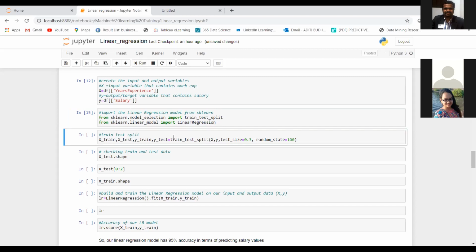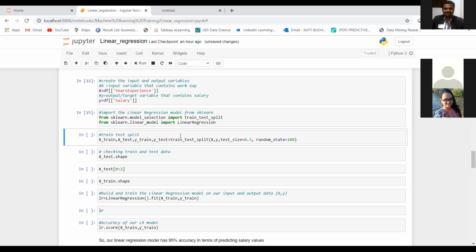And now we are going to create our testing data set and the training data set, right? We have discussed last time also that we need to divide our data set into two parts. One will be the training data set and the other will be the testing data set. The training data set will be the major chunk of our data set, and we will use it for training our model.